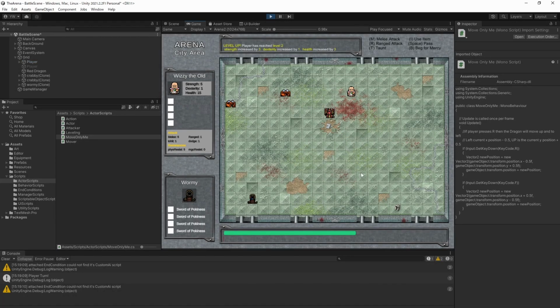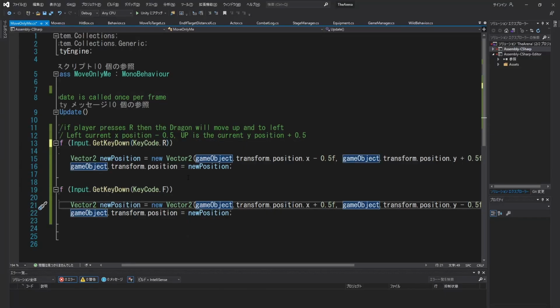All right, so what do we have? R and F, right? So R goes up and to the left, F goes down to the right. And since this is not attached to the player's logic at all, there's no turns being calculated or anything. It's completely separate from anything else in the game. All right, so you can see how you can just keep adding on to this to get all the directions